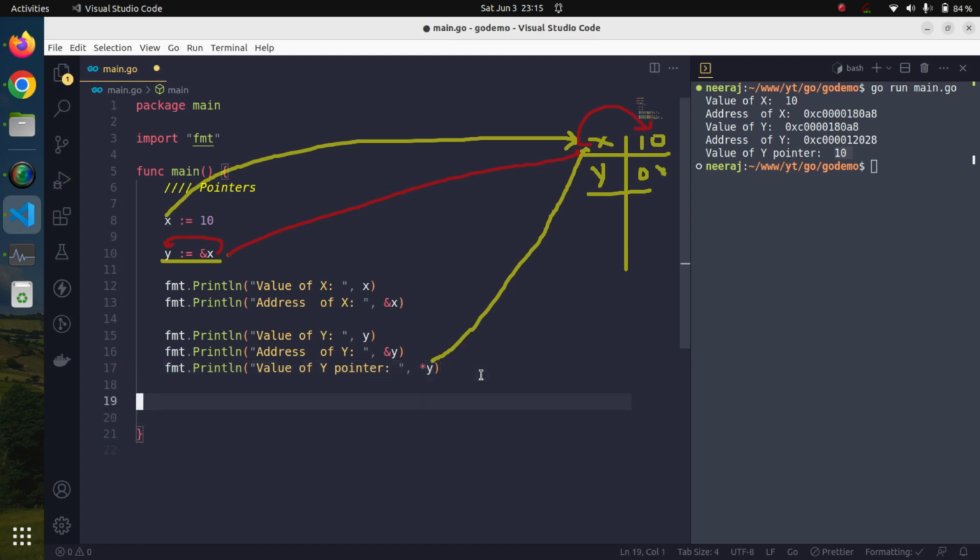Since we have got the actual access to the actual address in memory, we can modify the value of x also using y. So how can we do that? Very simple. Just asterisk y is equal to, let's say we assign it 5, and now if we try to run it, let's go with the printf, because we need to format it specifically. So value of x is equal to